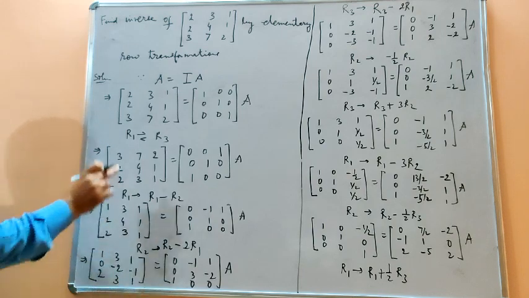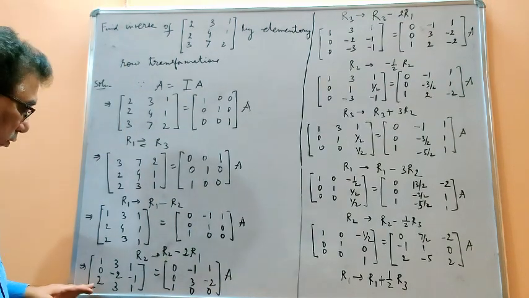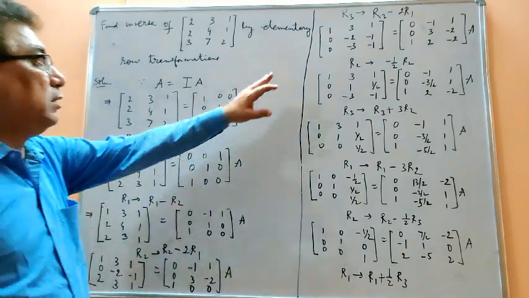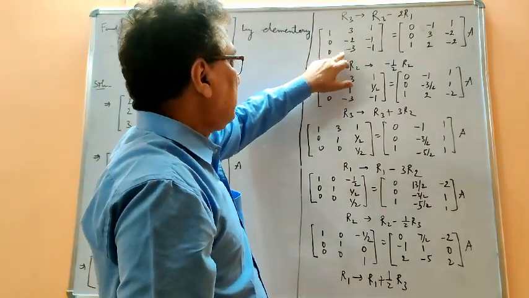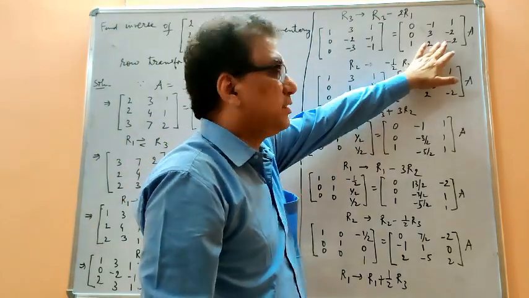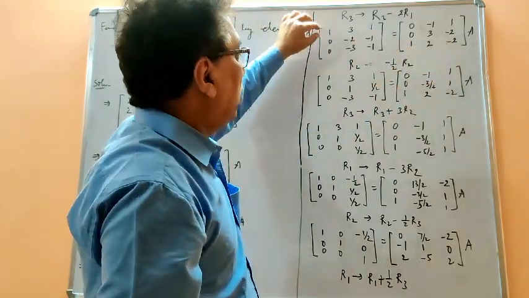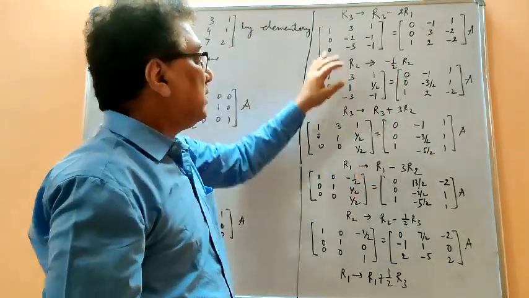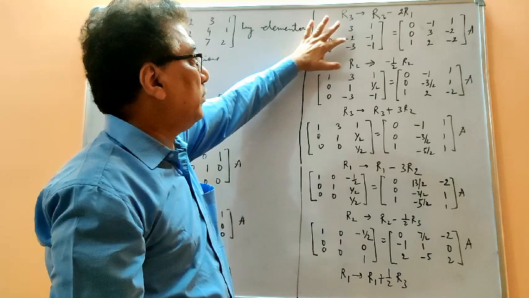Okay, so the operation will be again, from R3 we are going to subtract 2 times R1. I have done that operation here, so this is the result. After this operation, the same I have done this side also. Now going back to the algorithm, this element which is A22 has to be made 1.